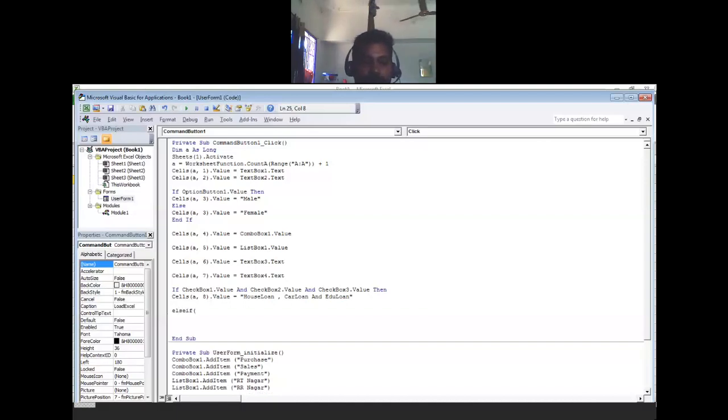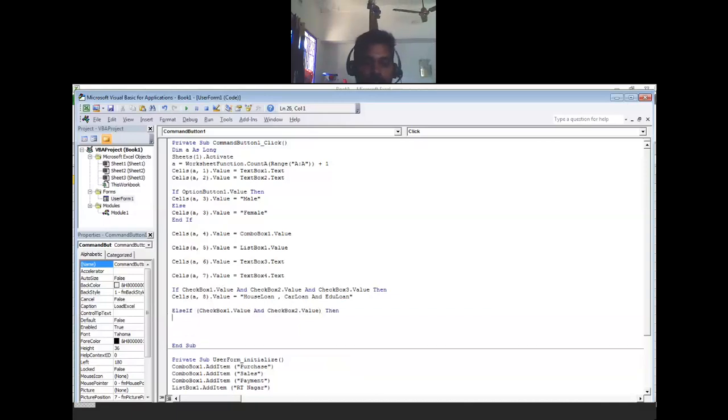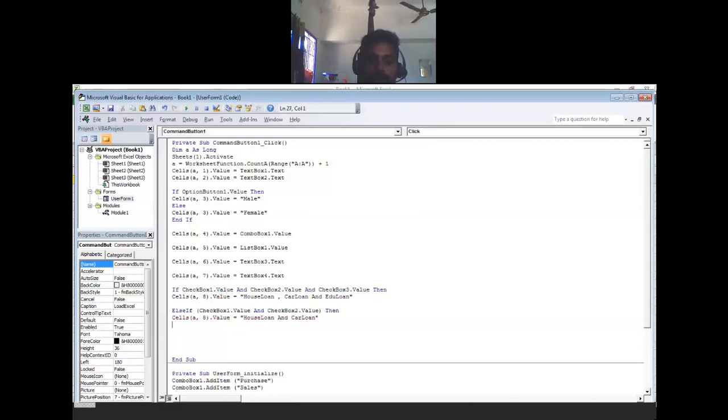Now else if CheckBox1.Value and CheckBox2.Value, then Cells(a, 8).Value equal to house loan and car loan. If three things all together, two things only two.